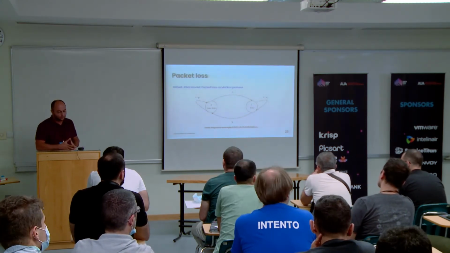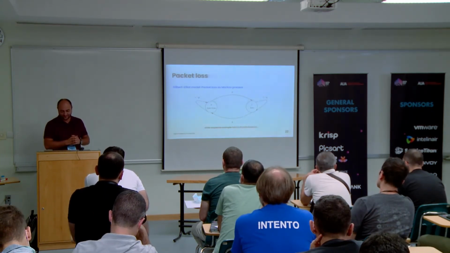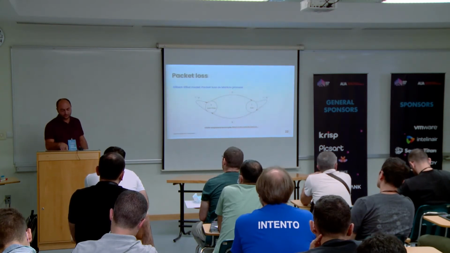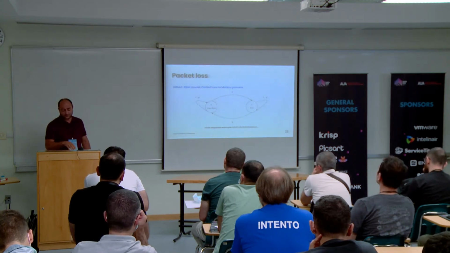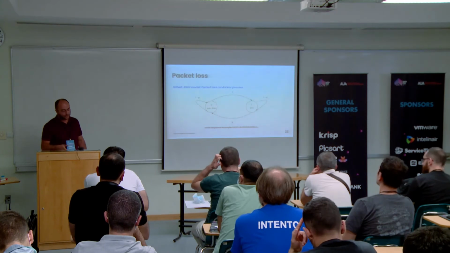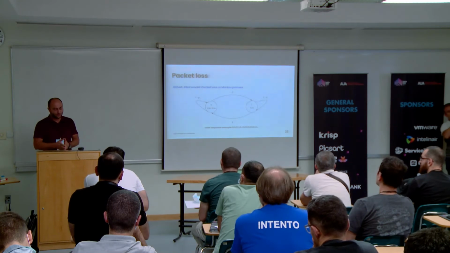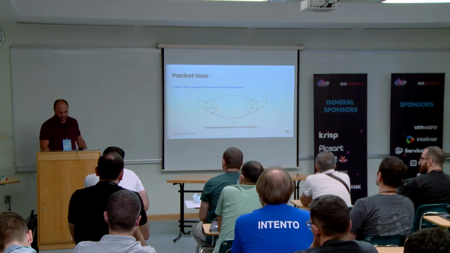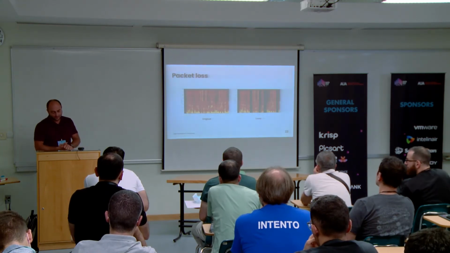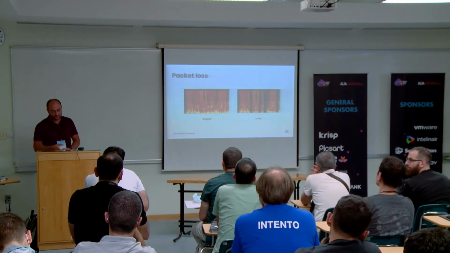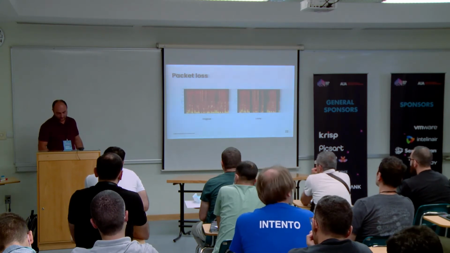For example, if we want to simulate aggressive packet losses, where we lose many audio frames, then we have to increase the probability P and decrease the probability Q. Below you can see an example of a state sequence for packet losses. When we have such a sequence, we can apply it to the spectrogram, to the features of the audio, and here you can see an example of the application. We have the original spectrogram and the lossy spectrogram, and as you see, these black parts are the lost packets.